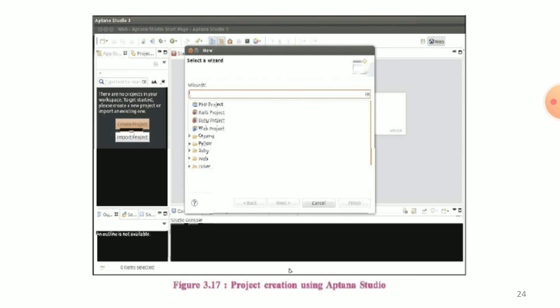First is Aptana Studio. Aptana Studio is a powerful open source IDE, that means integrated development environment, for building web applications. It is a complete web development environment which provides language support for HTML, CSS, JavaScript, Ruby, Rails, PHP, Python, and many others.